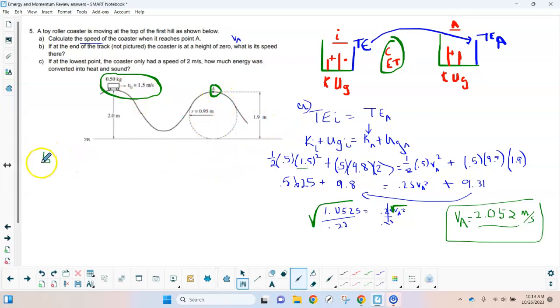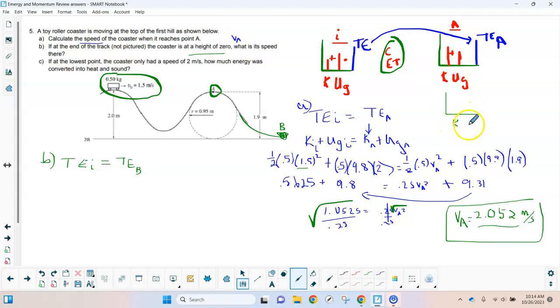Okay. For part B, it says if at the end of the track, so if we imagine the track comes all the way down somewhere like here, and the height is 0 now, we want to know what is the speed at that point. So really the total energy in the beginning is still the same. So we're just comparing the total energy initial. But now this final energy, or the energy at point B, if we call that position B, if we think about it, the thing that's changed is there is no more, if we had a different bar graph for B,